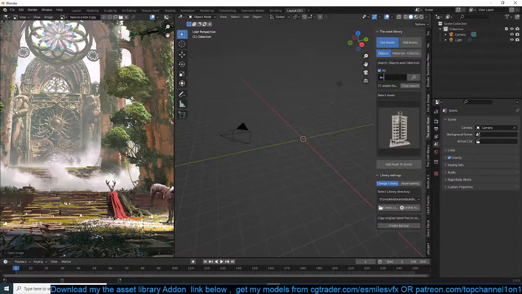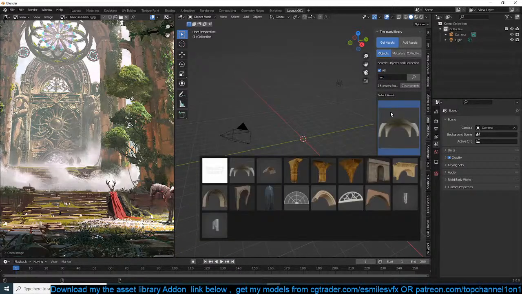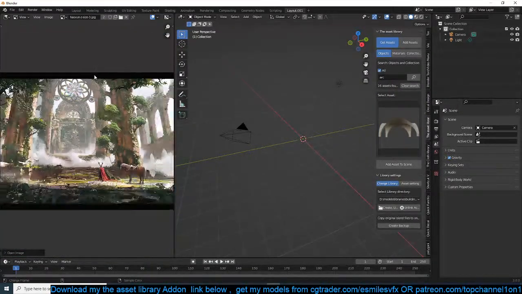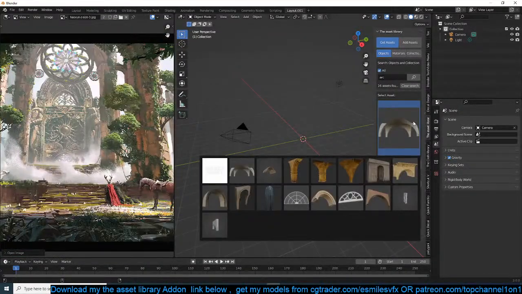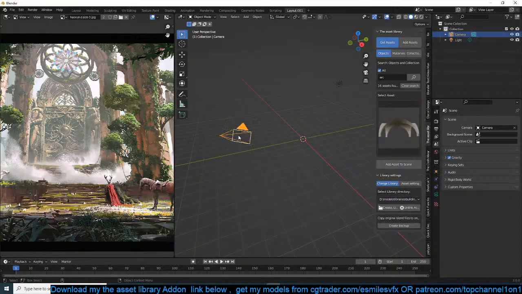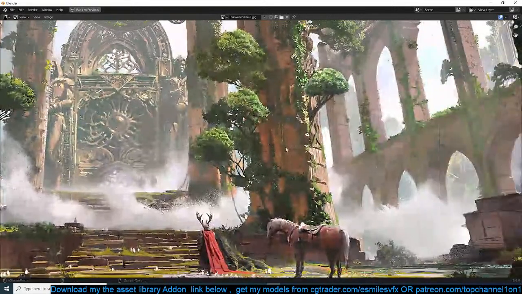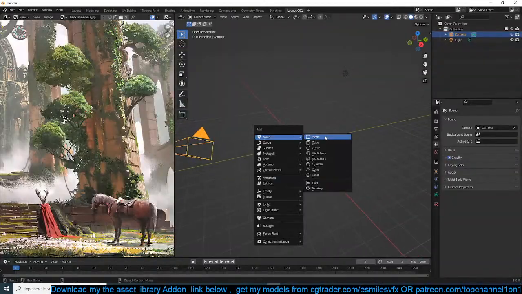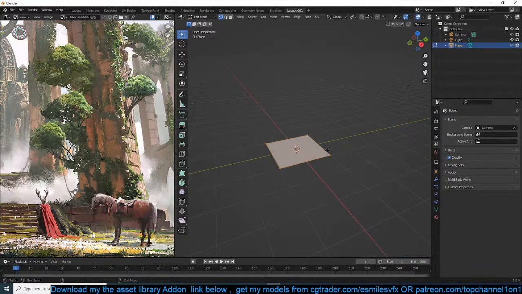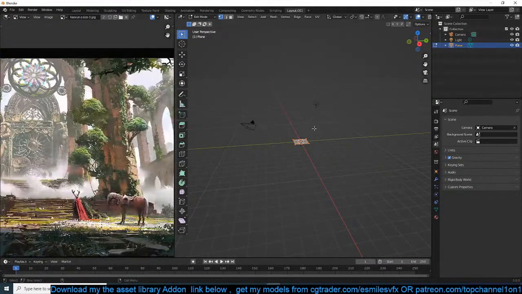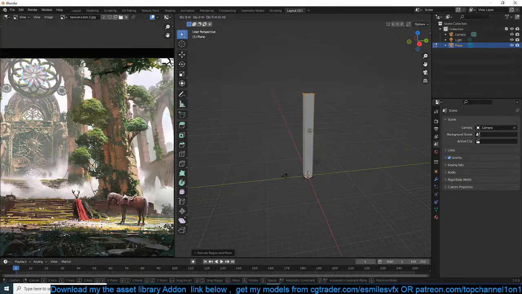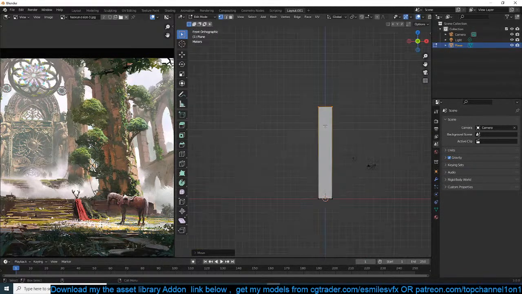Let me see. Arch or arc. Trying to see something that I can use for these large pillars, or maybe we can just create them from scratch. They don't seem that hard. So let's try a cube like this, make it super tall, and